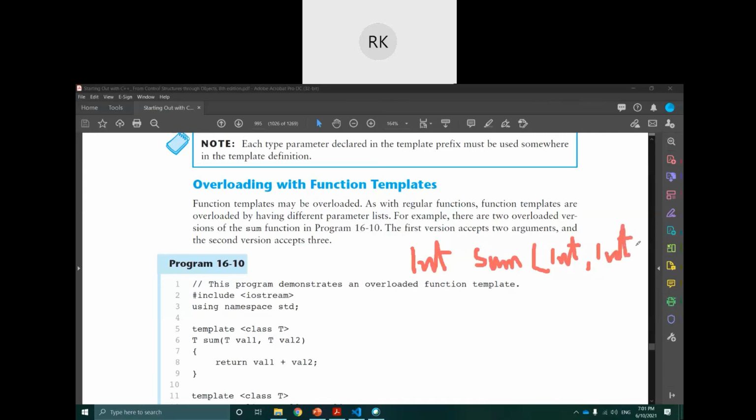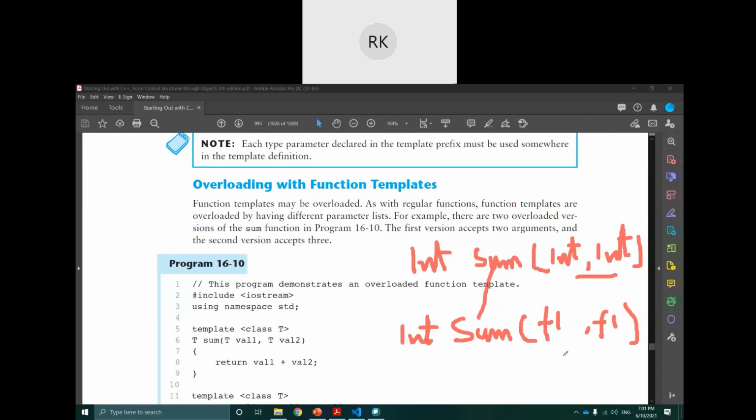Let's suppose that is one function. Another function has the same name sum, but this one takes float, comma, float. So this is called function overloading: the same function name but different arguments.